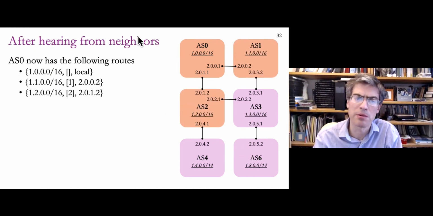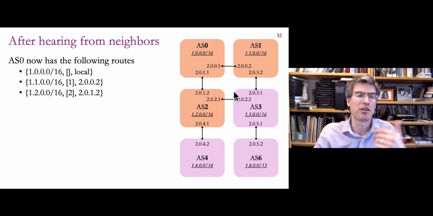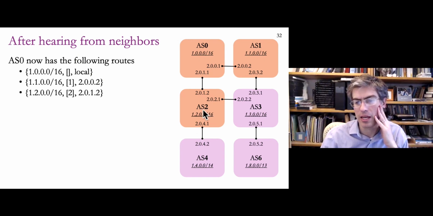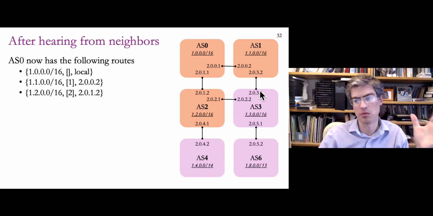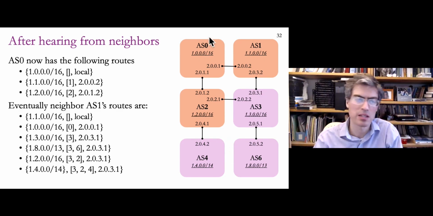So after hearing from neighbors, AS0 now has an expanded view of the internet, right? It now knows not just about its own range it can reach, but it knows about these other two ranges that it can reach through two neighbors. Okay, so it can see about half the internet now after one cycle of sharing. Now, the cycle will go on because AS2 will learn about 4 and 3 and so on, right? So as more information is shared, AS0